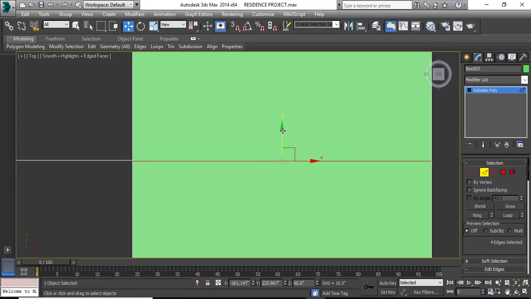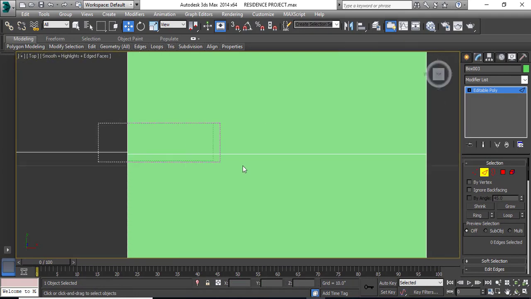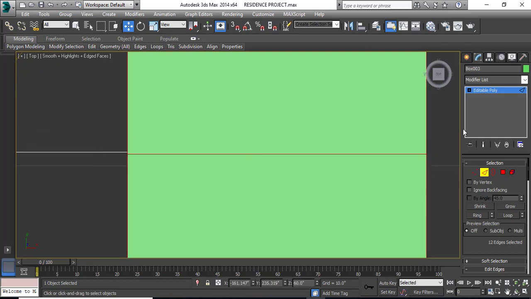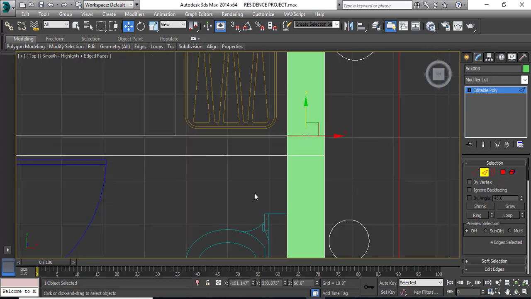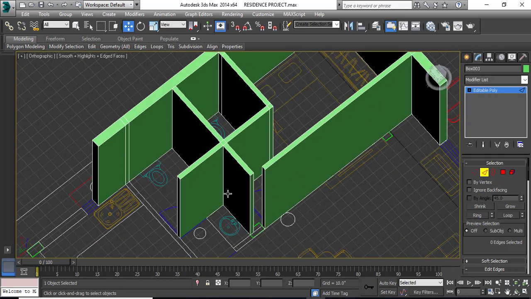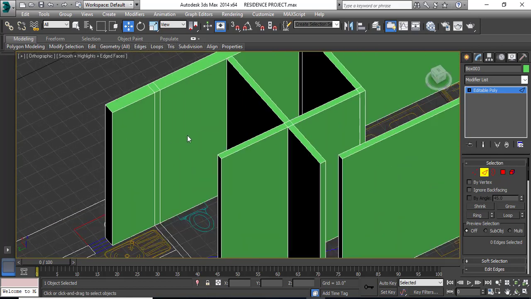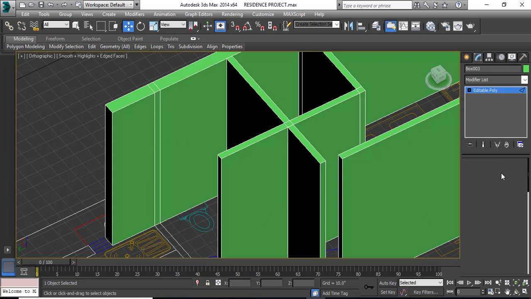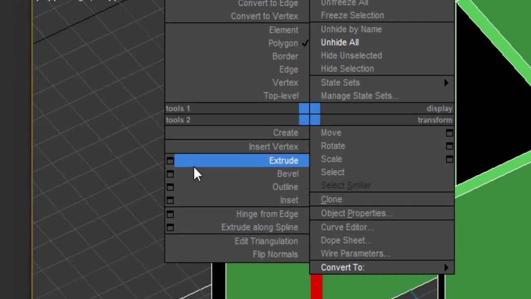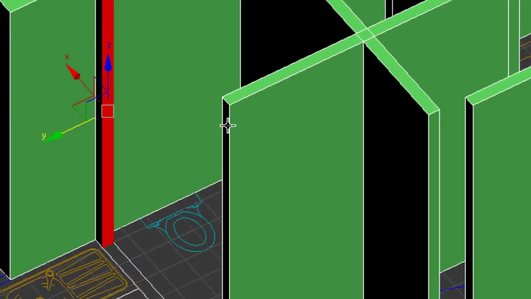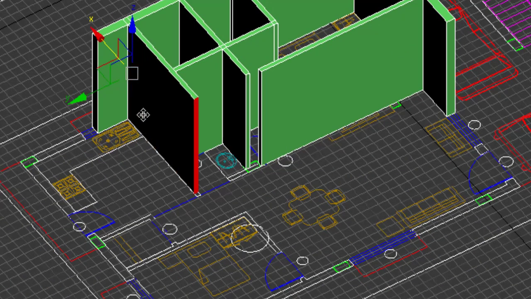Zoom in to be more accurate and place it accordingly. As we can see, it is not done correctly here. We'll select it again, deselecting the rest, and move it a little bit. Yes, so this is how it is done. We'll again go to perspective to check if it is done correctly. All this has been done using edges of editable poly. Now we have to extrude this plane. So we'll go to polygon and select this part of the wall, right click on it, extrude it the same way, put your cursor and simply drag it.